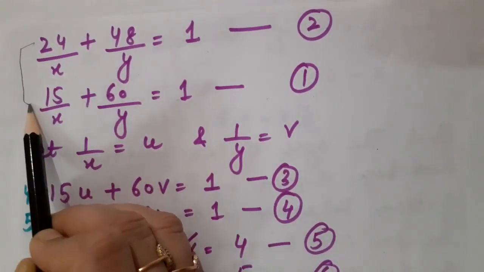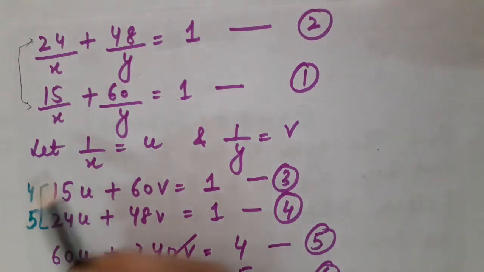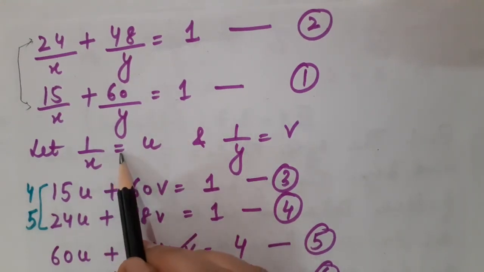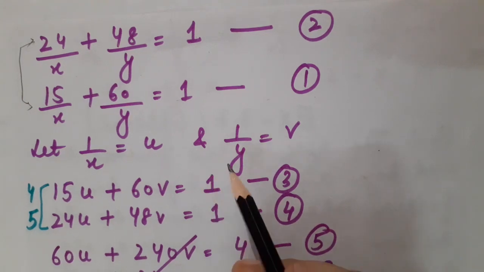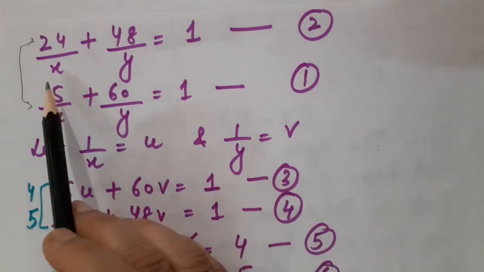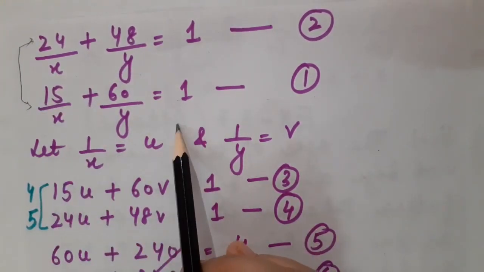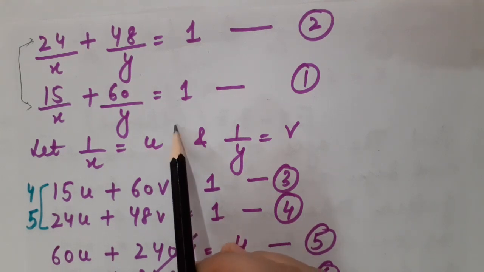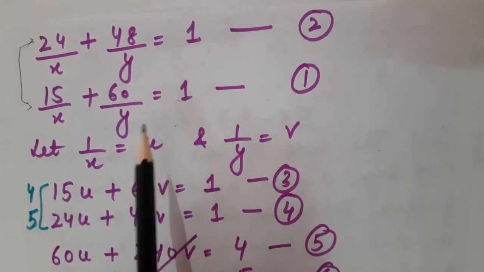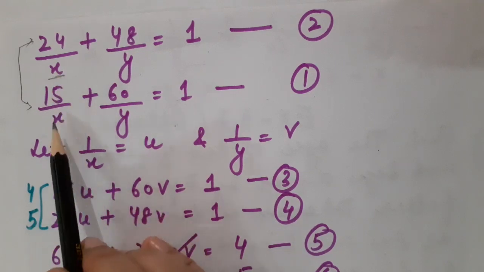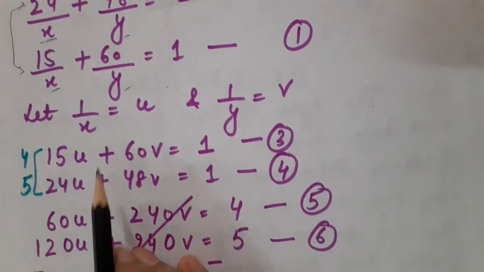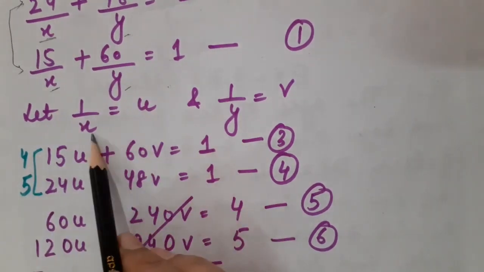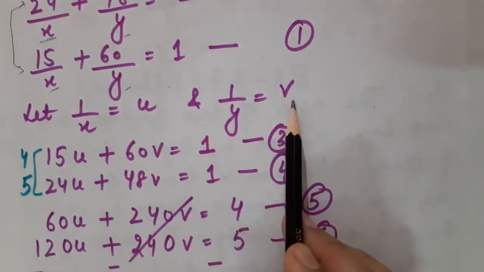Please recognize which type is used here. Definitely reducing a pair of linear equations to another pair of linear equations, which is nothing but the generalized form. Because here, children, this is not the generalized form. I told you in generalized form the variables always come at the numerator, right? But here you can see that the variables are at the denominator place, right? So 1 upon x and 1 upon y I have assumed as u as well as v.